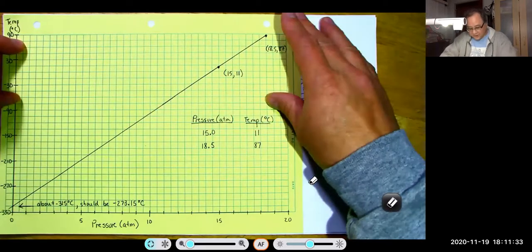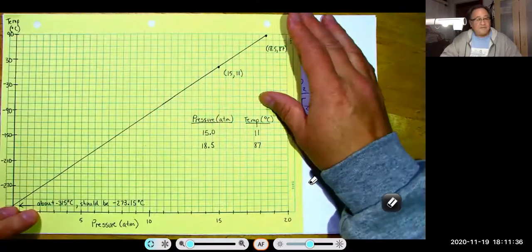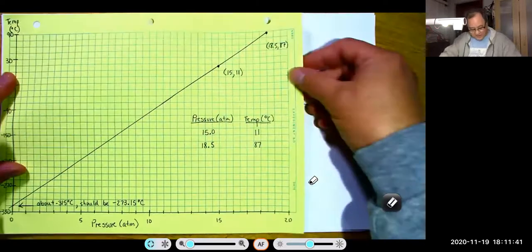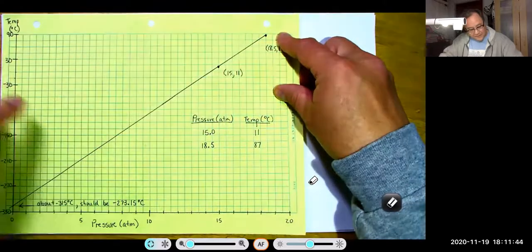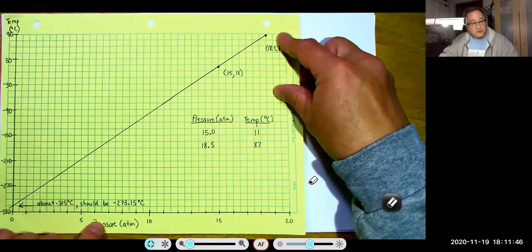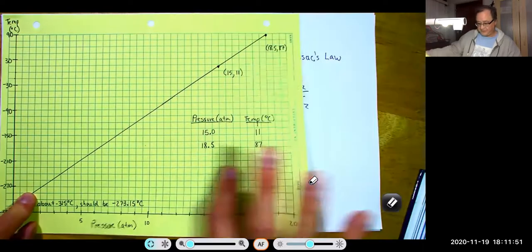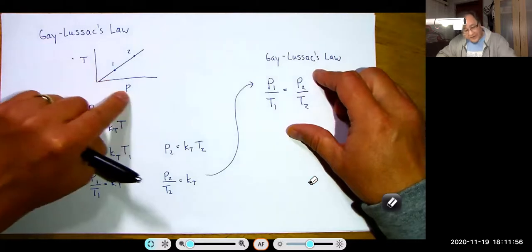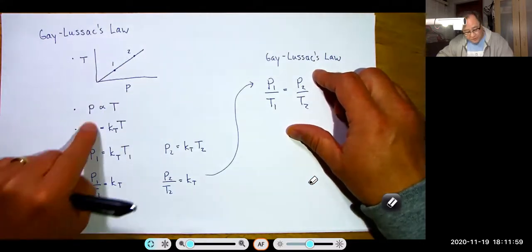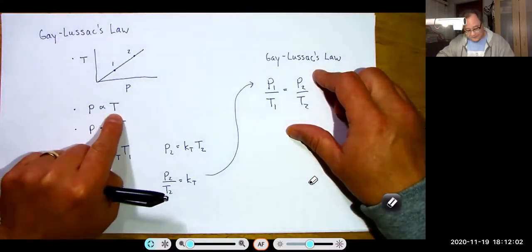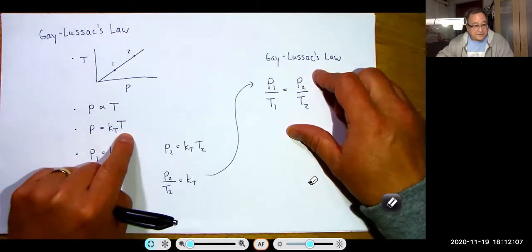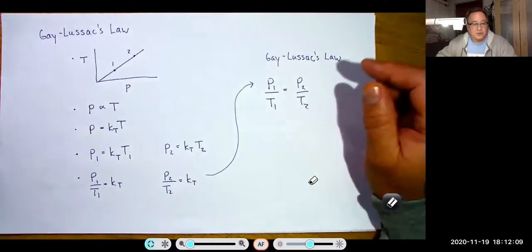Okay, so let's take a look and see what we can do with this data and figure out what Gay-Lussac's law is. So the important thing here is we got this nice straight line, and the temperature is proportional to the pressure, or we could say the pressure is proportional to the temp. So here we have the temperature and the pressure, and they are directly proportional. So I have the pressure is proportional to the temp. So here, this means that the pressure is equal to KT times the temp, where KT is the temperature proportionality